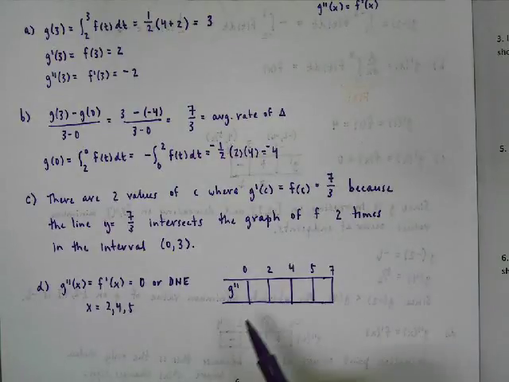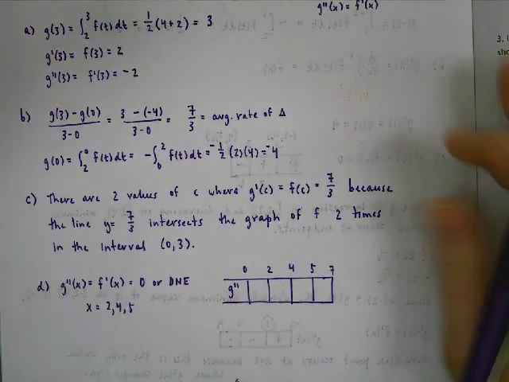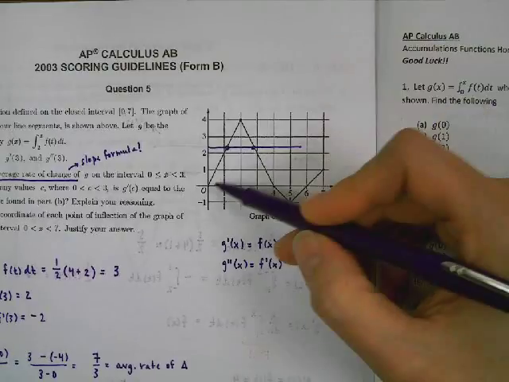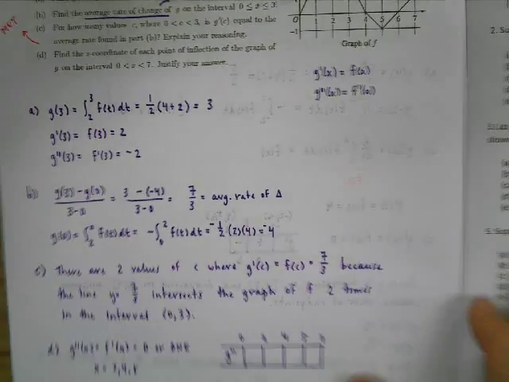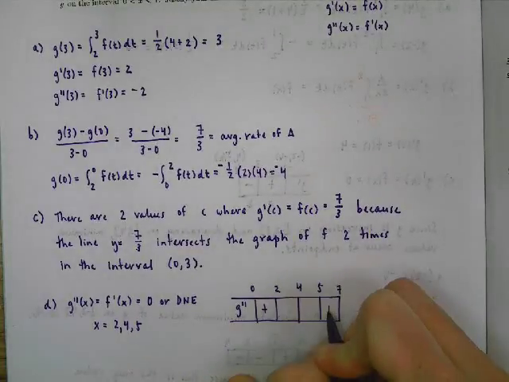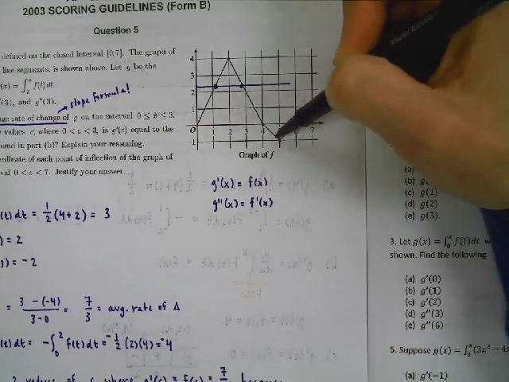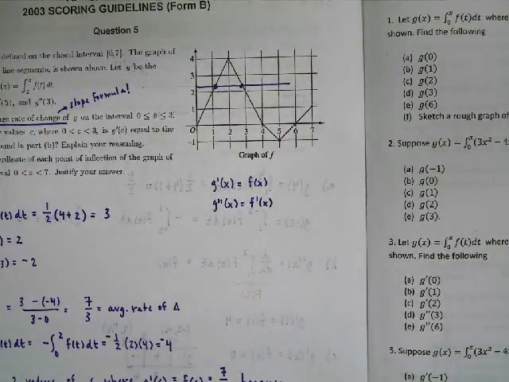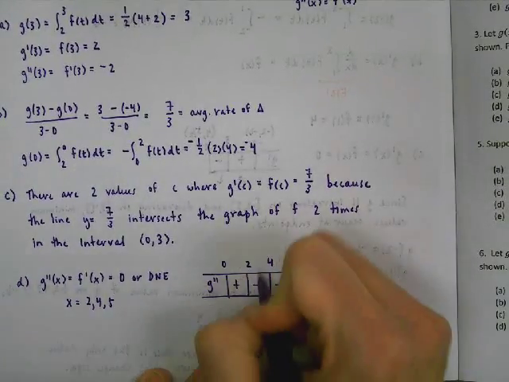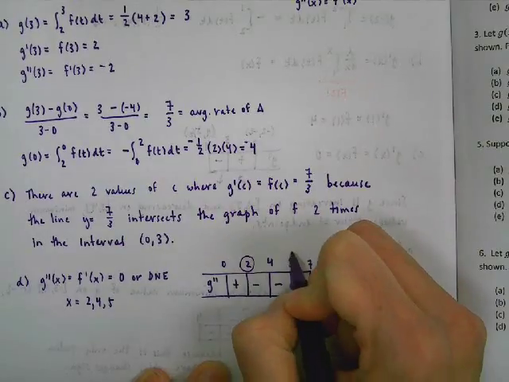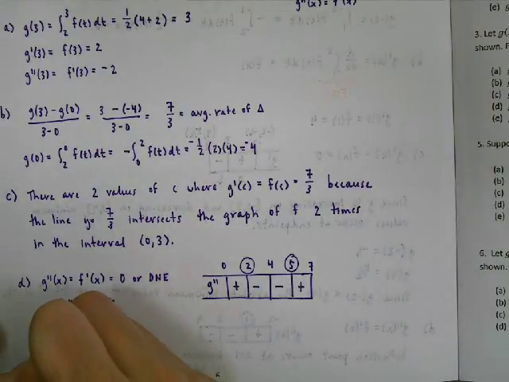Okay, so let's take a look now. I know that G double prime is going to be positive wherever the slope of f is positive. So looking at my graph, it looks like between 0 and 2, I'm going to be positive, and then between 5 and 7. So I'm going to put that in my chart. And then all the way here between 2 to 4 and then 4 to 5, I'm negative everywhere there because that slope is negative. So now I can see that I change sign at 2 and I change at 5. So I know I have points of inflection